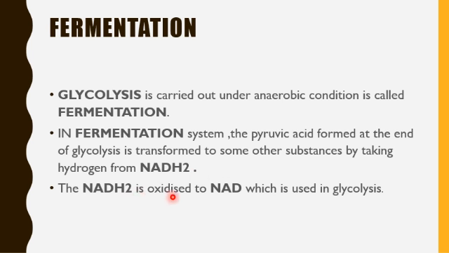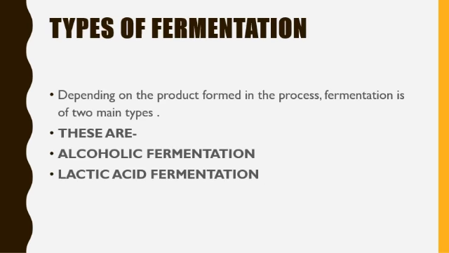NADH2 is oxidized to NAD, which is used in glycolysis. Depending upon the product formed in the process, fermentation is of two types: alcoholic fermentation and lactic acid fermentation. First we discuss